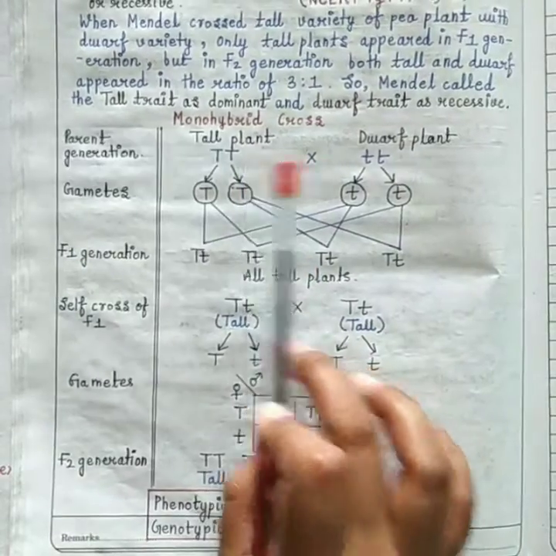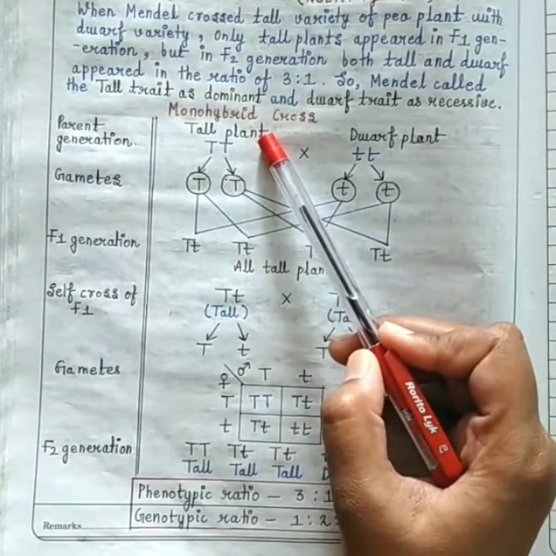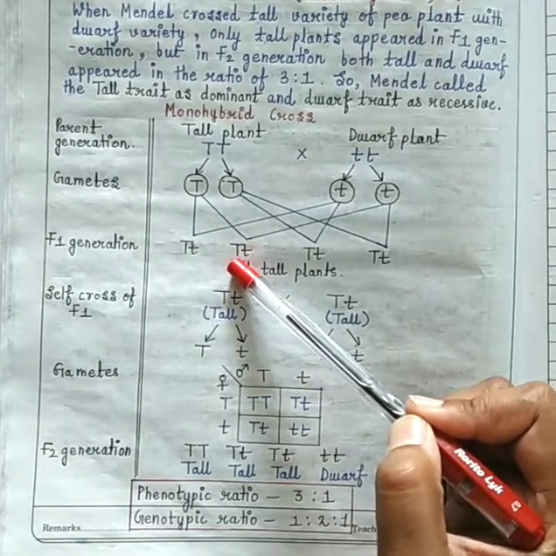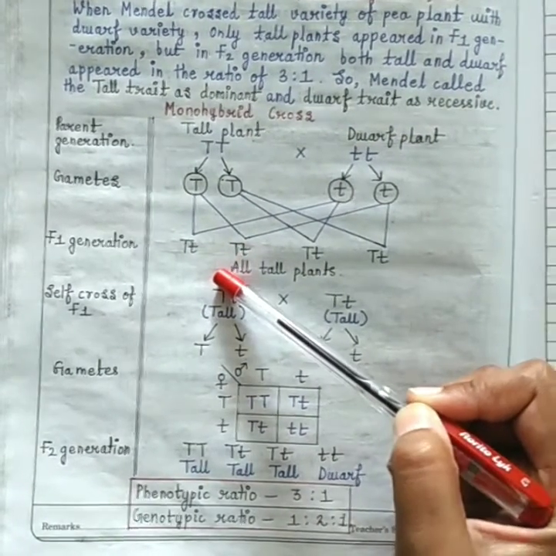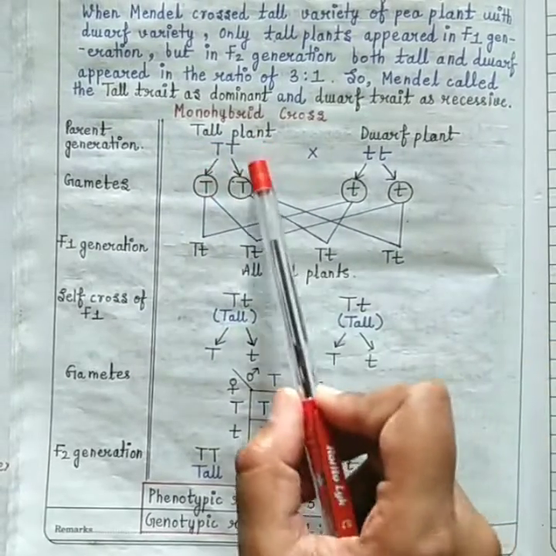जो हमने parent plant use किए हैं, that is tall plant and dwarf plant, और हम उनकी crossing कराएंगे. Then we'll look at the results, the observations. So first of all, it is very important for you to know कि जो plants की हम crossing करा रहे